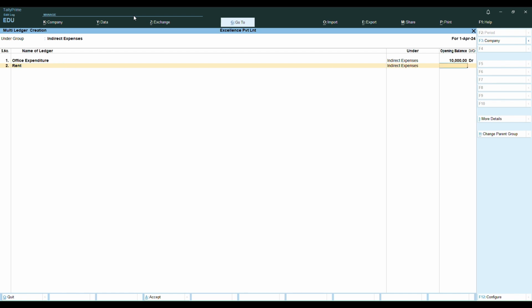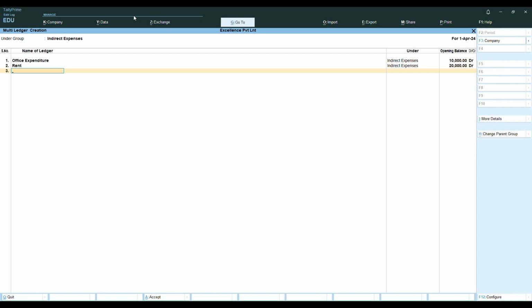Let us create another ledger under indirect expenses as rent, and we can give it an opening balance of 20,000 rupees. This is how we can add multiple ledgers in the same category or group.